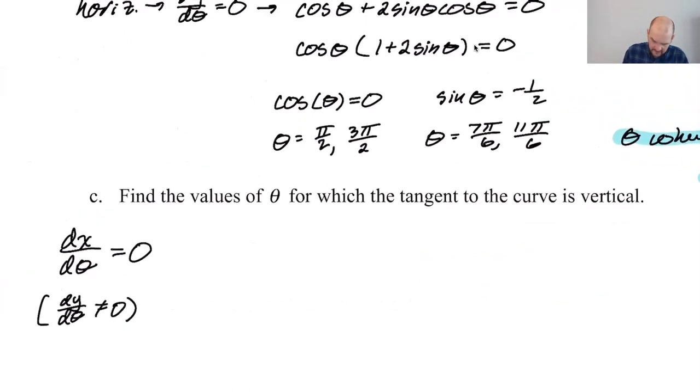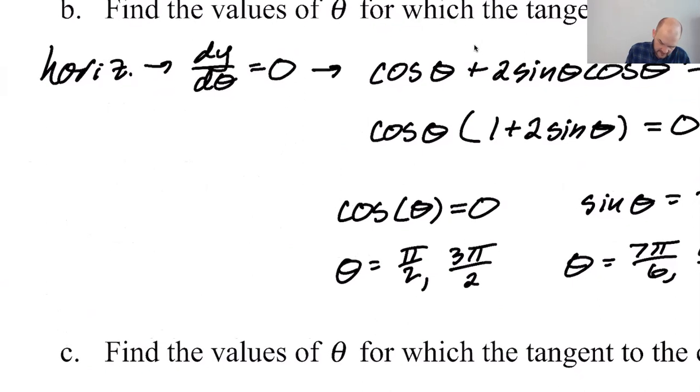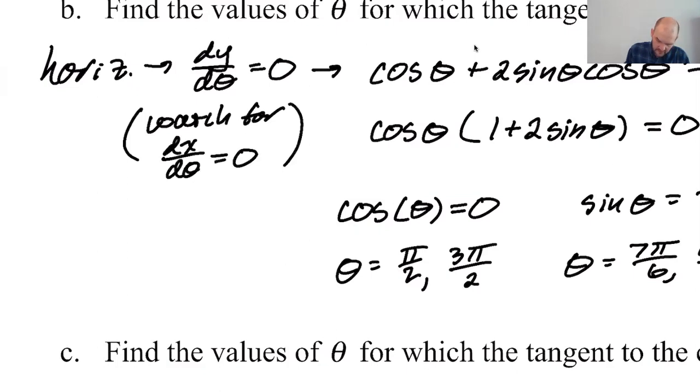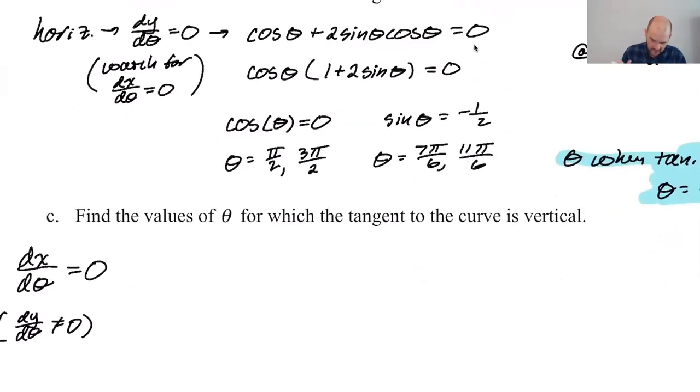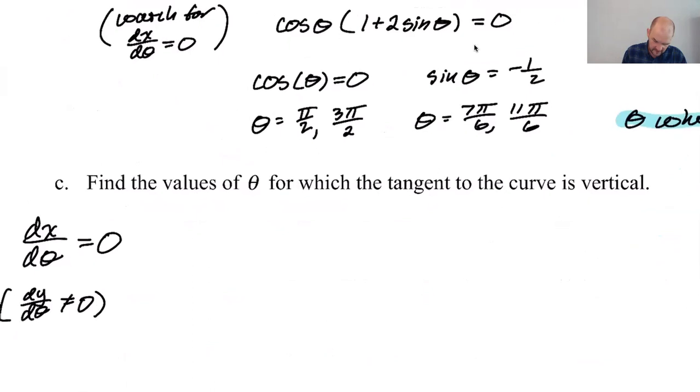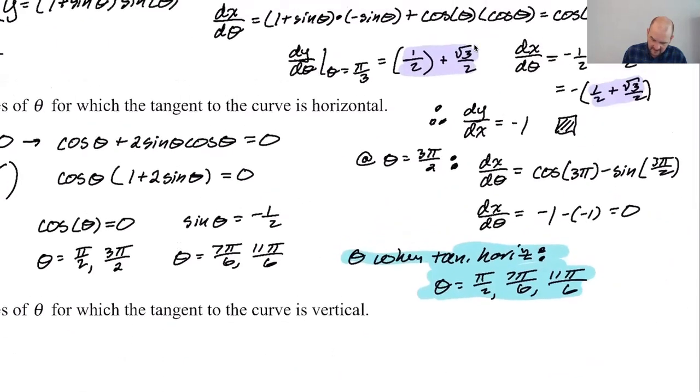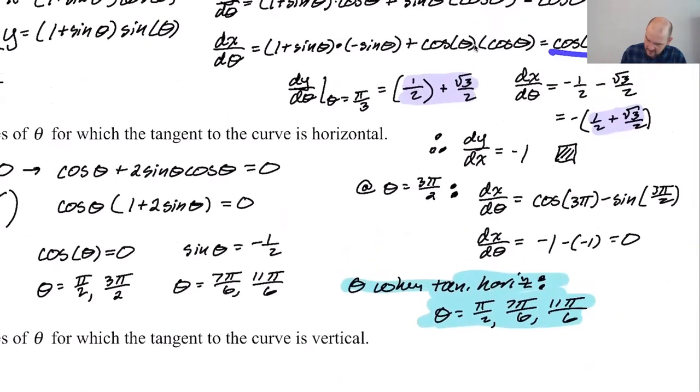Here I also should have said in parentheses, watch for dx d theta equals 0. We have to be careful because it can be an extraneous solution, which I think we saw with 3 pi over 2. So I'm going to take dx d theta, which is cosine of 2 theta minus sine of theta,